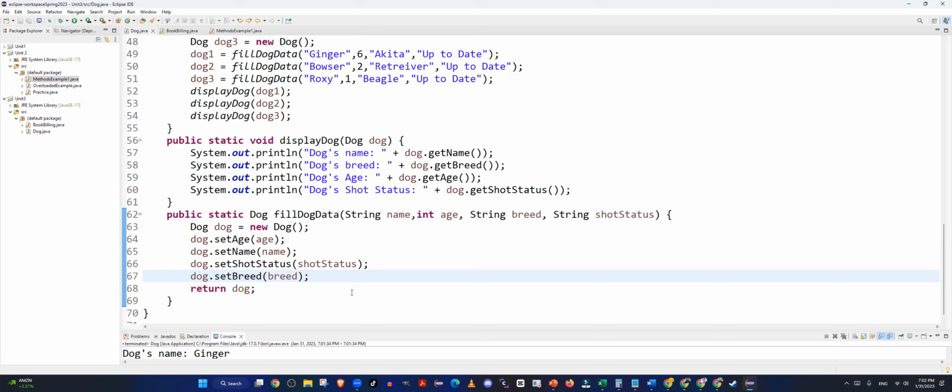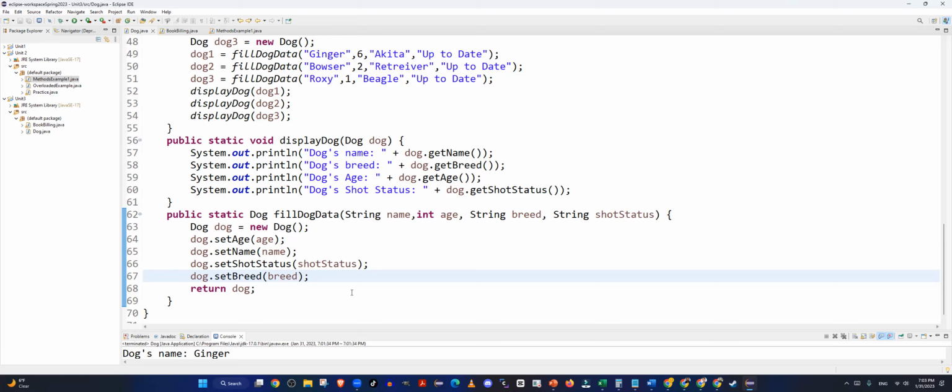So the method is not directly working with a class instance or class objects. So it doesn't have direct access to the class object's properties. So the method is not at the object level, rather the class is using that method to do its job,